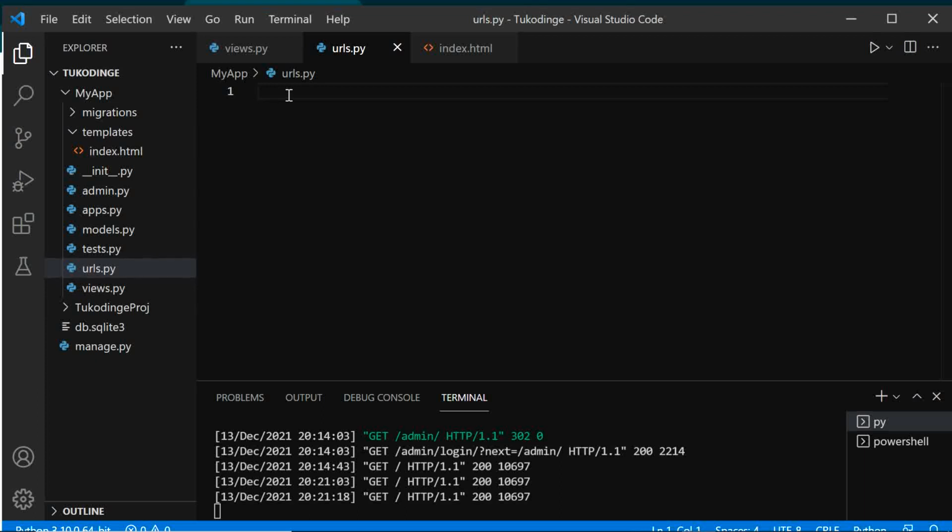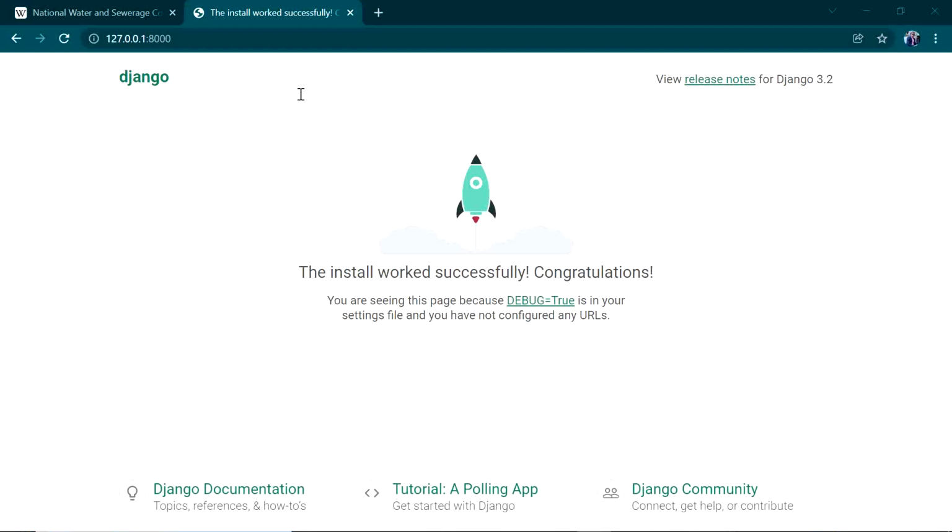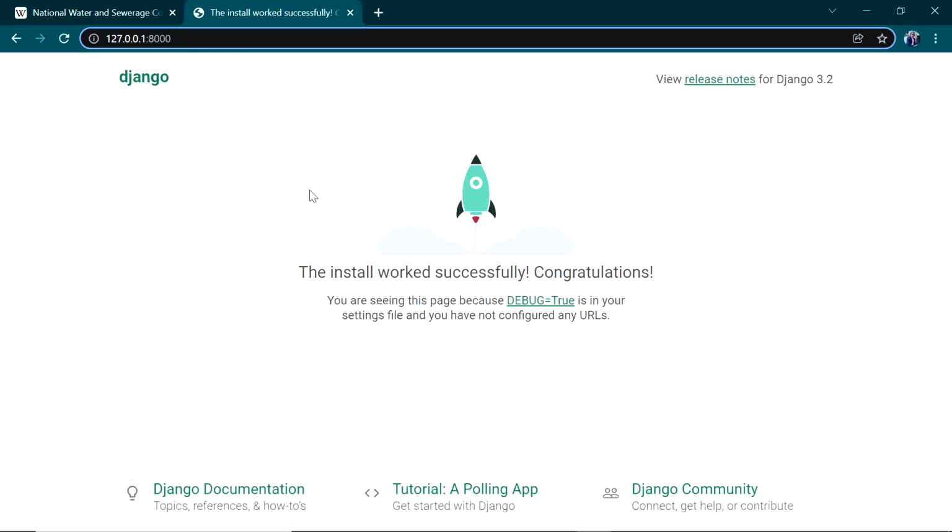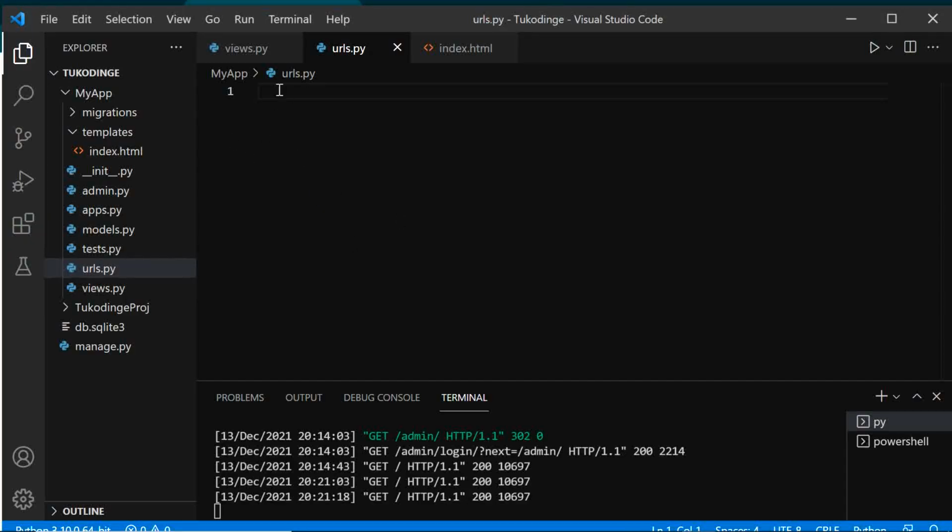In this urls file we are going to add a URL pattern that is going to store all the different paths or routes that we shall use to access the different pages or templates in our application. We need to import a few things. First, we need access to the views, and we also need access to path, which is a Django function. So we are going to import from